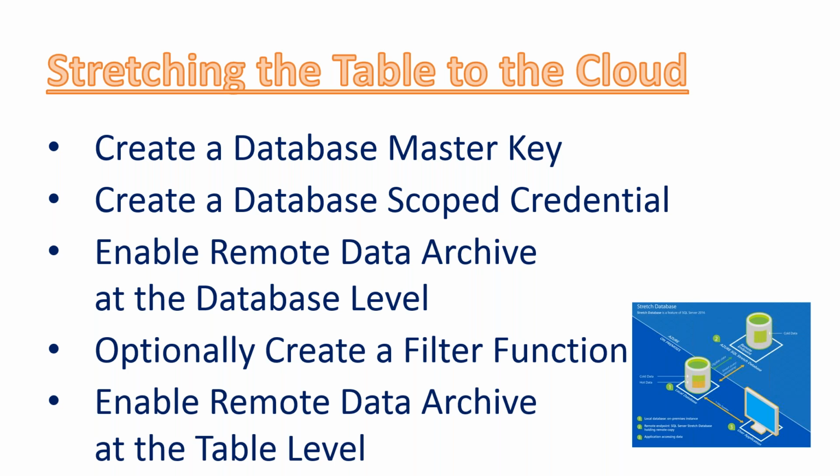And the last step is to enable remote data archive at the table level by telling it which filter function to use, if at all. And also you have the option to configure outbound data. So outbound means data is going to be moved to the cloud. This is the normal operation, but you can also pause data transfer, and you can also specify inbound to move data back from the cloud to the local storage. And you will do this in situations when you need to set up things from scratch. You want to do some troubleshooting or maintenance and stuff like that. The normal operation would be outbound.